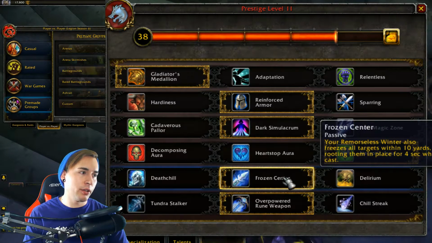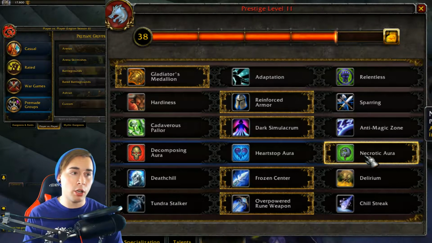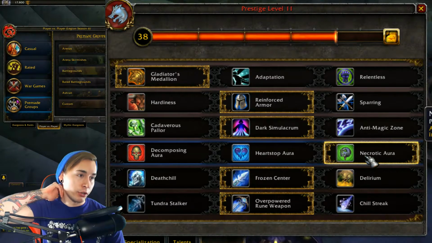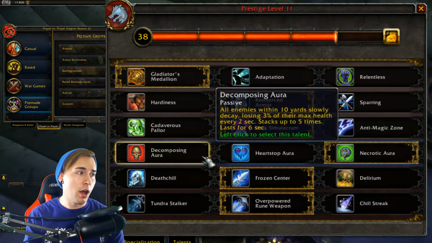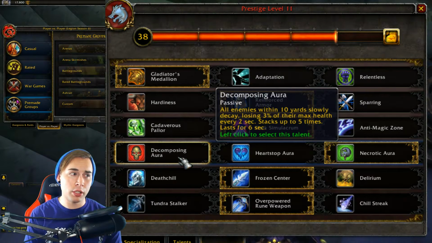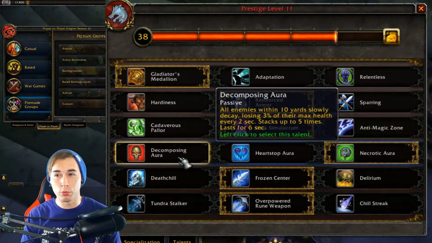And then next one, Necrotic Aura for the most part increases your magical damage, but again, it really depends on the comp you're facing and who you're playing with. So I prefer Necrotic Aura personally because of how much magical damage we do with Frost and all that stuff. But Decomposing Aura is also a really good choice, especially if you're playing with someone like a warrior like